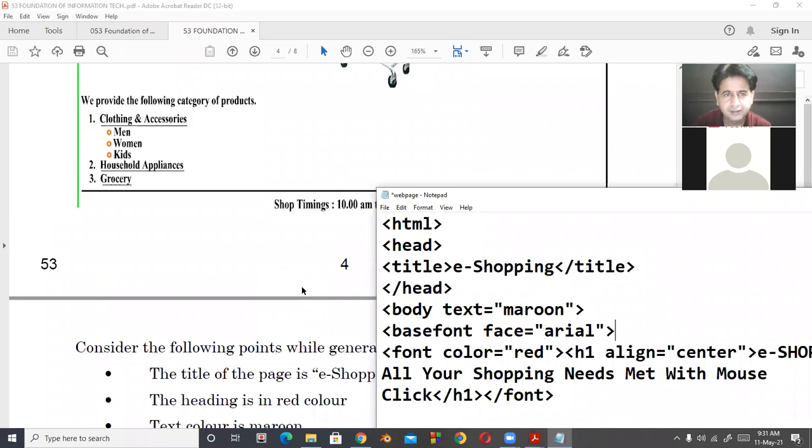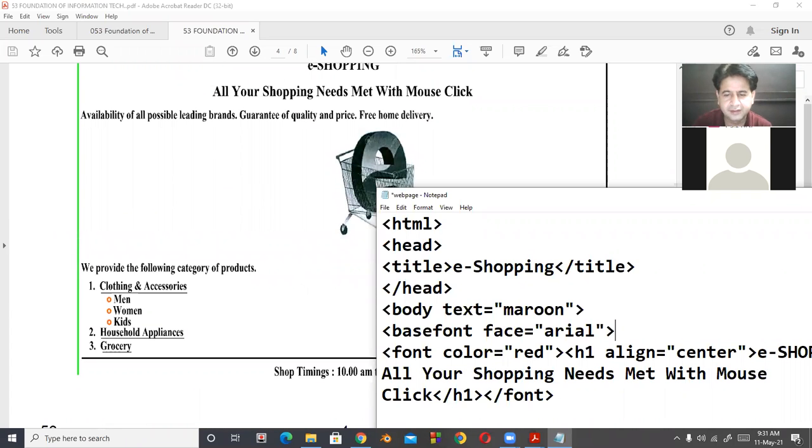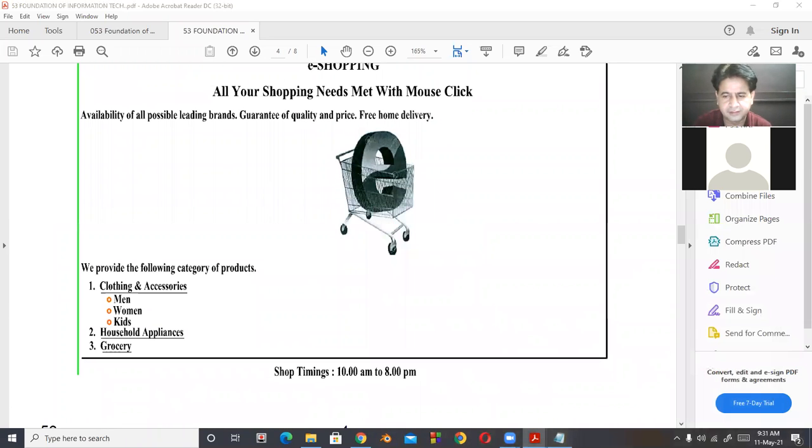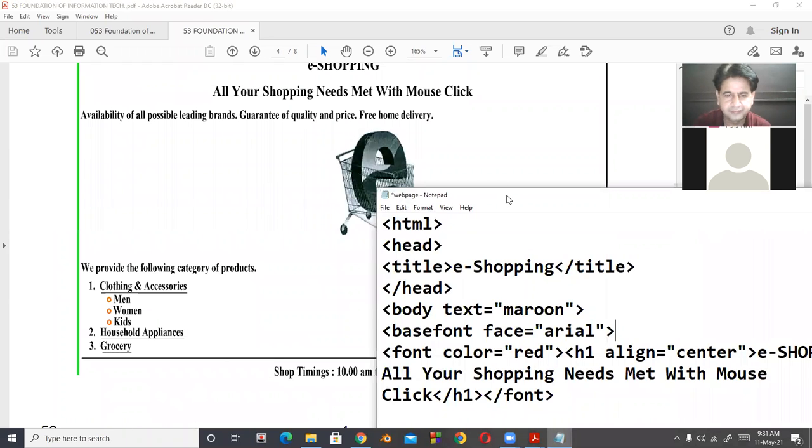Now, after that, there is text here, so I'm using here.